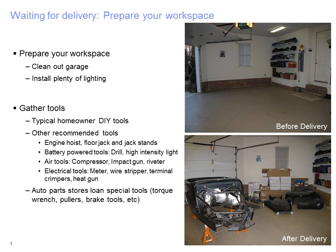Try getting some of these new battery powered tools. The old nickel cadmiums, I kind of had a love-hate relationship with. I liked using them when they worked, but it seemed like they were always dead. These new lithium tools, though, are really wonderful. They have lots of power. They last a long time. You can get them in tool sets, many times with these really high-intensity lights. That really saves you versus a regular drill where you've got a cord, you're always tripping over the cord, it's caught on things. Even air tools, if you can replace air tools with electric tools in a lot of ways,